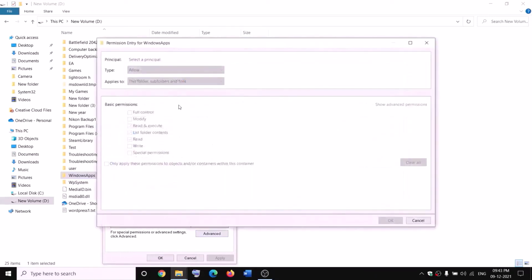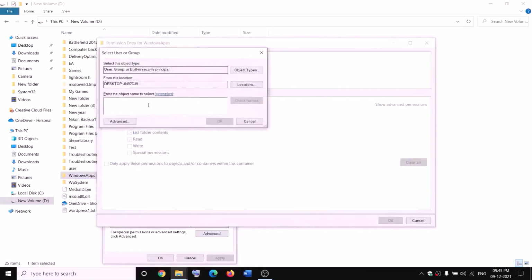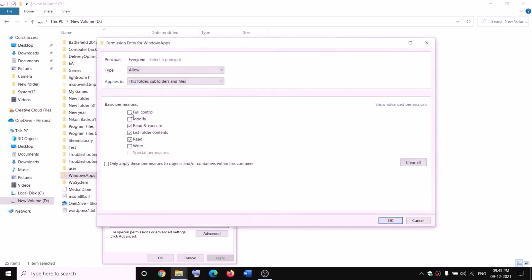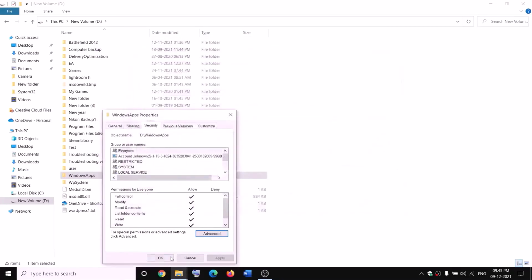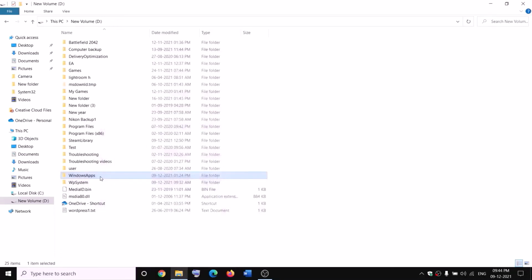click on add, select a principal, everyone, check names. OK, put a check on the box which says full control. OK, apply. OK, OK. Now make a right click on Windows apps and then click on rename and then rename it as WindowsApps.old. Now while renaming it, if you receive any kind of error message which says file is